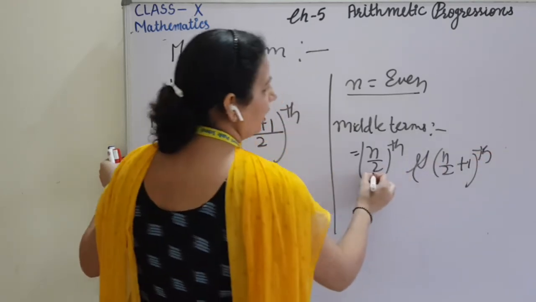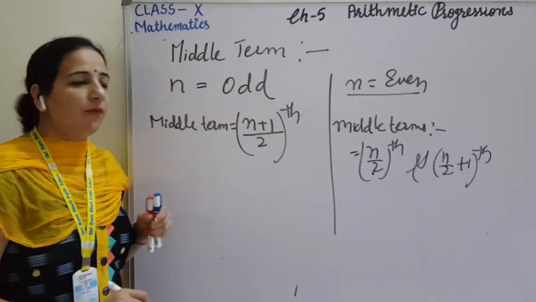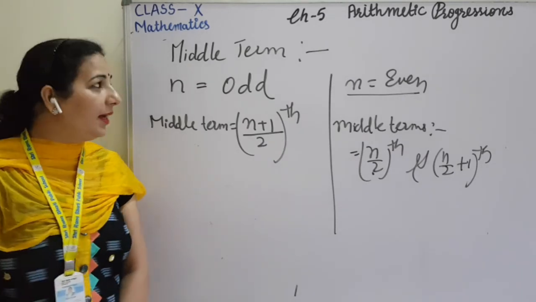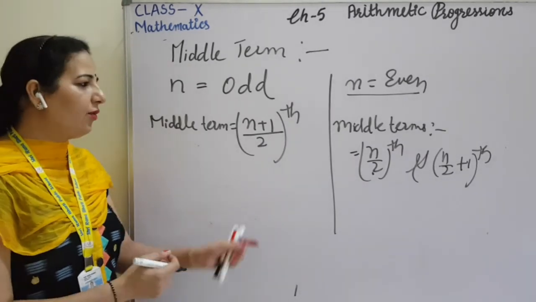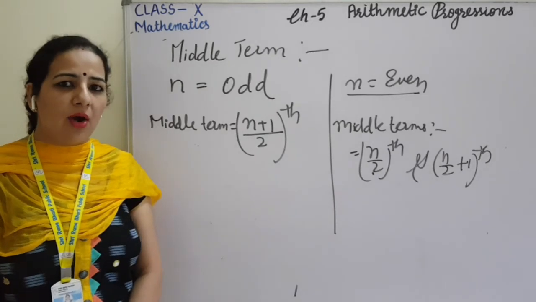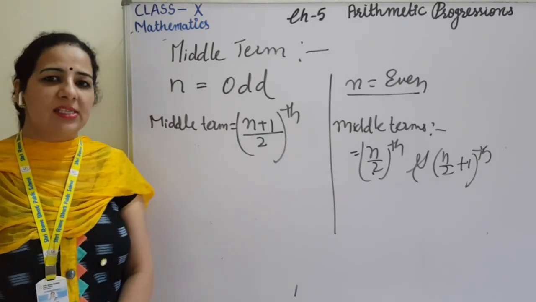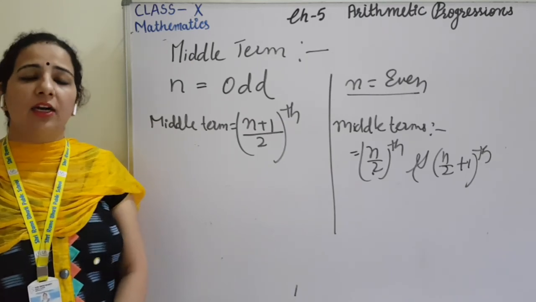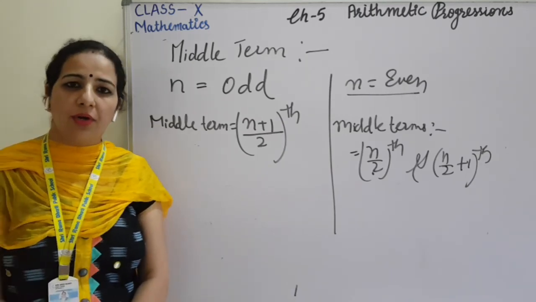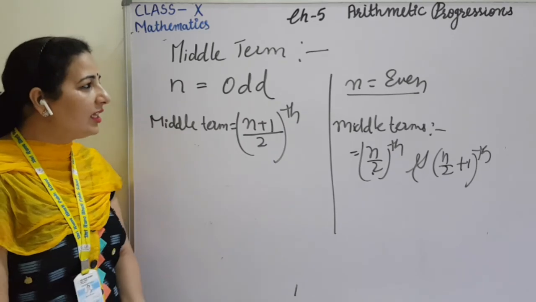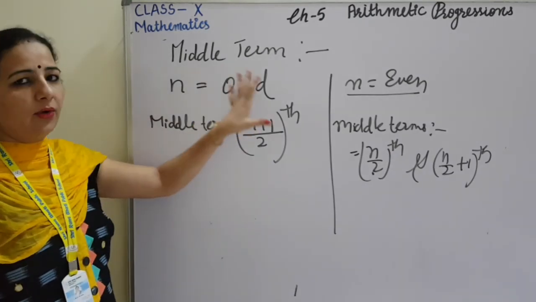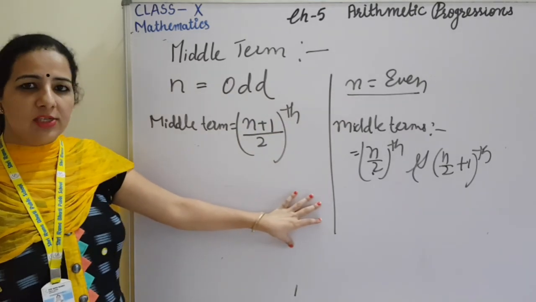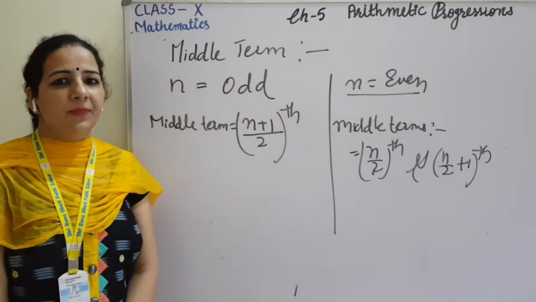Meaning the term that comes, the very next term will also be a middle term. So this is the formula to calculate the middle term, and the value can be calculated by using the formula of an, that is a plus (n minus 1) into d. So this is all about the middle term, and the topic is very important from the exam point of view. After calculating, these two steps you have to follow. Clear students? That's all for today. Thank you students.